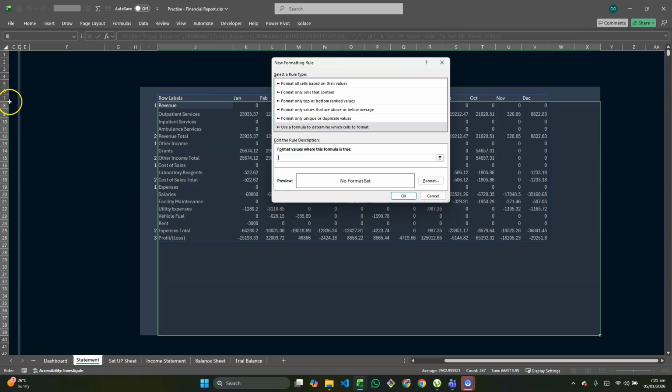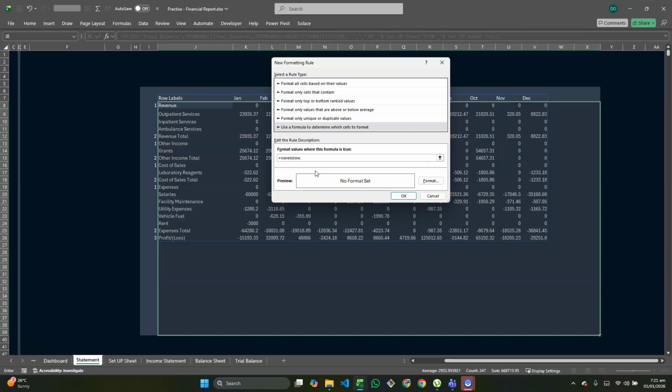So we're going to say that if the row number is an even number, then what we want you to do is to give us one color. If it's an odd number, give us another. So one of them will have the background color and the other is going to use a different color. So what I propose is let's use even numbers having alternative colors and then odd numbers having alternative colors. We're going to say equal to is even